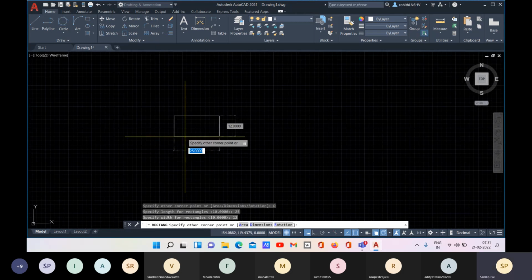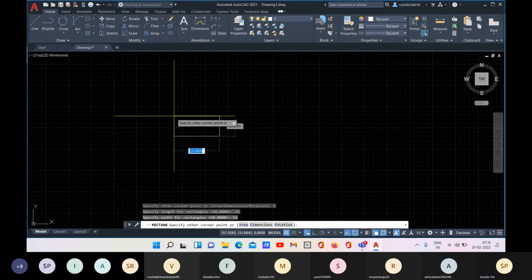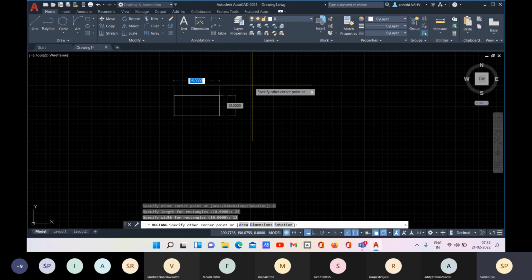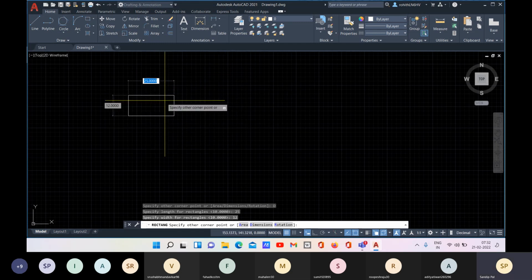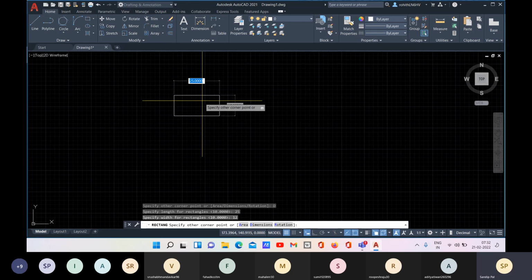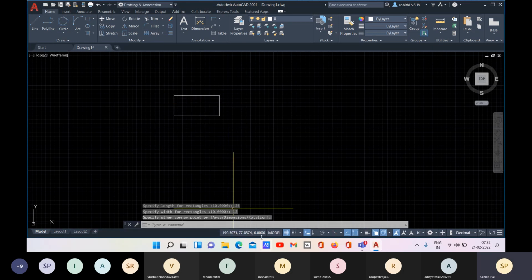And now that was the first corner point. So from the first corner point, the combination can be plus 25, minus 12. Both can be plus, 25 12 means x positive, y positive, x positive, y negative, both can be negative. So this way it can be placed. You need to specify the direction where you want to place it, so just click on that direction. If you are going with the dimension option, then only you will get this option to specify.